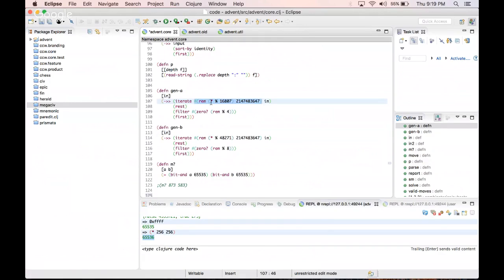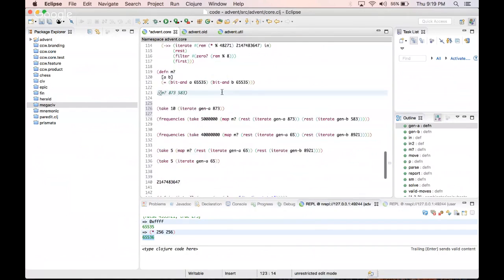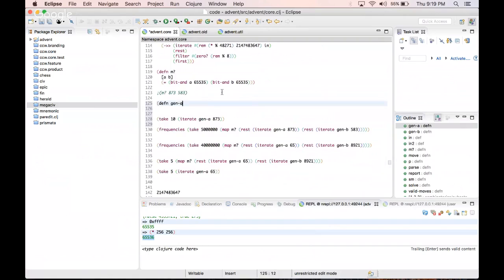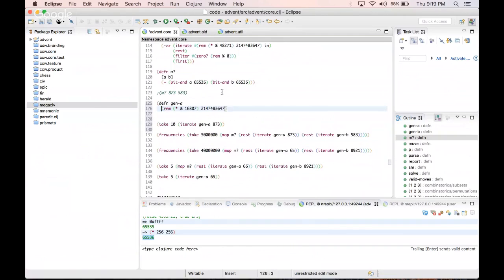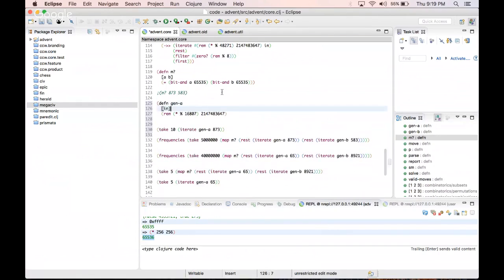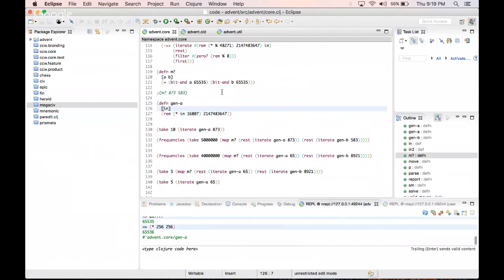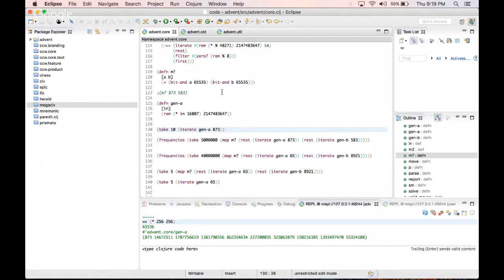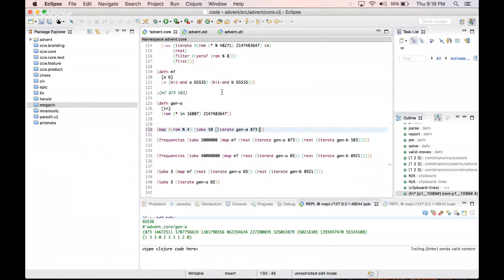So let me define Gen A back to be, okay, Gen A is going to be just take the input here and do it the old way. So if you just look at this and then you map what is the remainder of this value by 4,